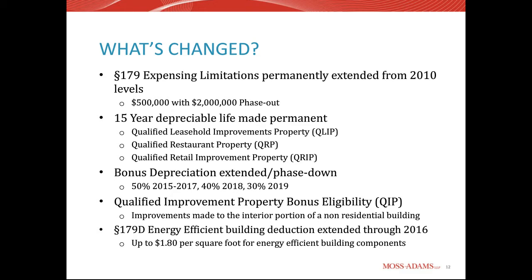The 179D building deduction is based on energy codes that were established in 2001. In 2016 only, they raised the baseline to 2007. So the IRS is starting to catch up a little bit with actual building code, but prior to 2016, buildings were essentially modeled based on 2001 energy codes, and I see a lot of properties being constructed, buildings constructed now, that qualify for at least a portion of the 179D deduction.